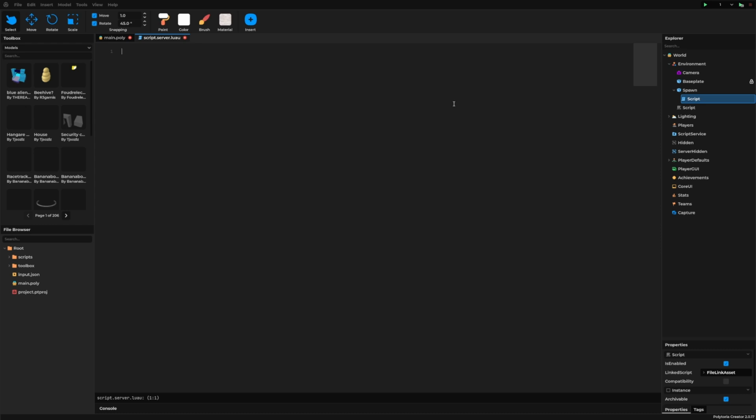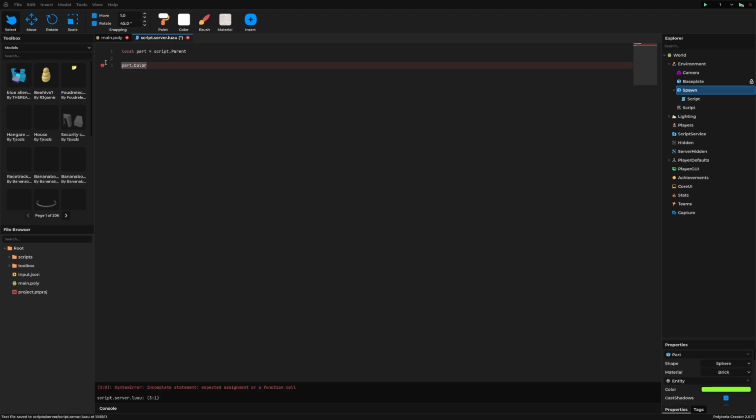So we'll get our part, which is script.parent, and we'll get the part color by using part.color. So it's this color right here. So the first function we'll be using is the simple Color.new, and so this is the